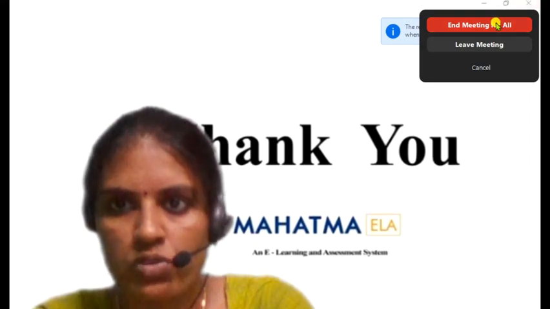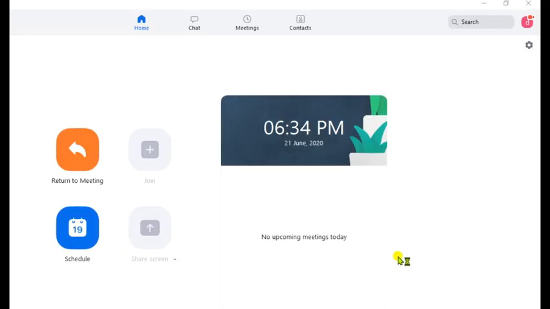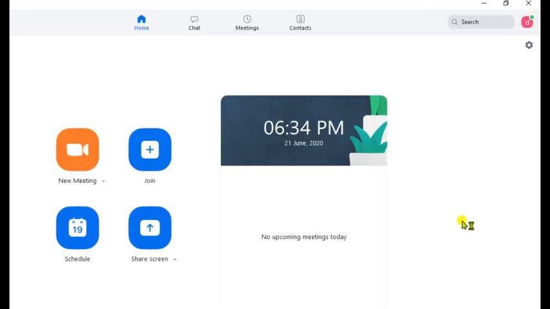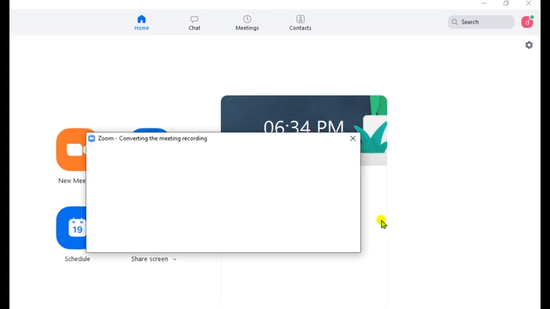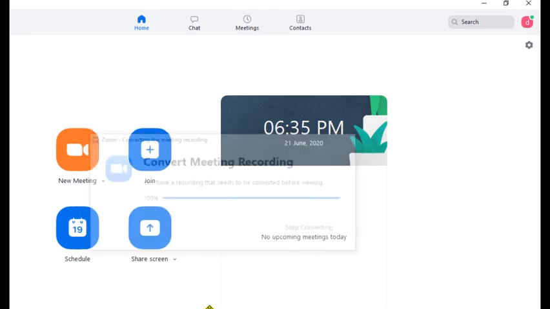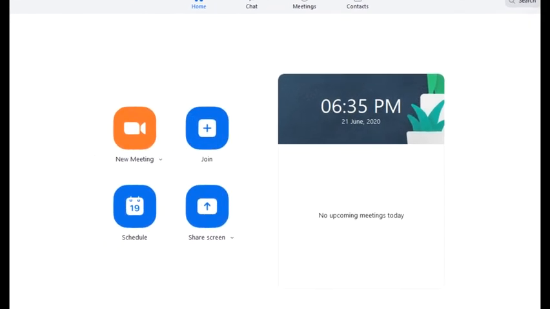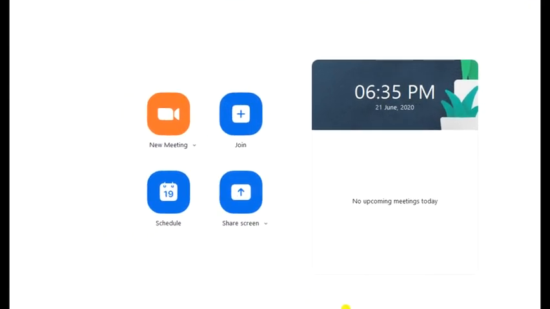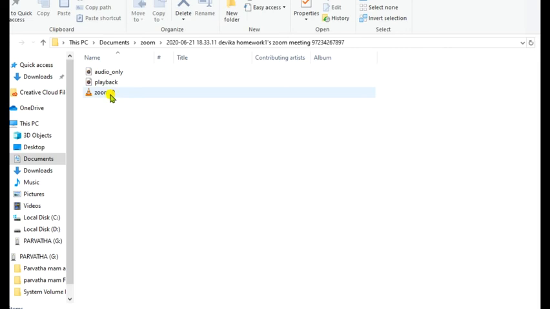Now I'm clicking on the end button of the Zoom. When I'm giving end meeting, automatically it will take me to a page where it is going to convert our class into a video file. If you look at it, that's the same thing happening. Once the conversion got over, it will show the pop out of that particular folder. The same thing will appear in a few moments. Now have a look at it. Once it appears, click on that.